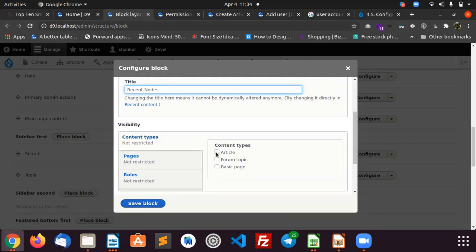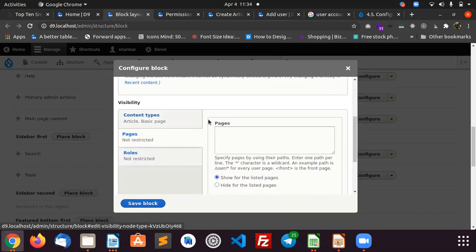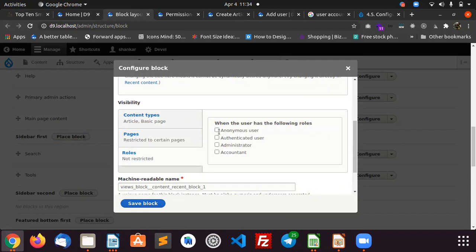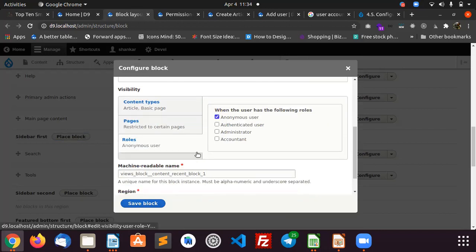Which content type you want to render? I have enabled the article and basic page. If you want any restriction on the page level, you can do that. As of now, I enabled this for the front end page, and I don't want the anonymous user to see this block.